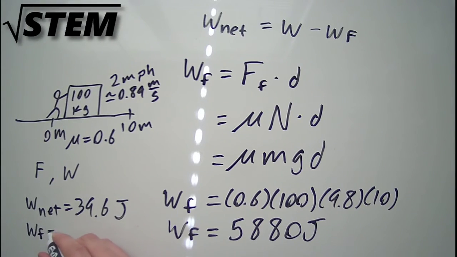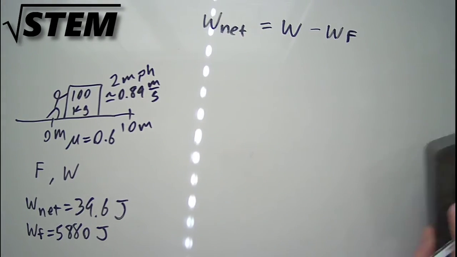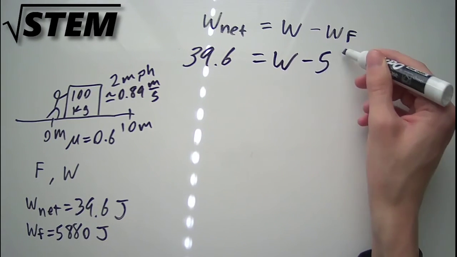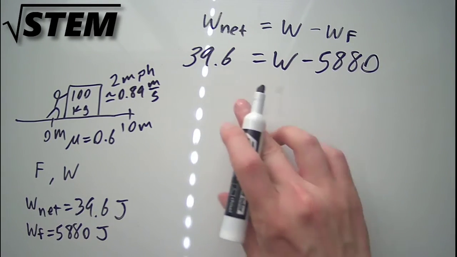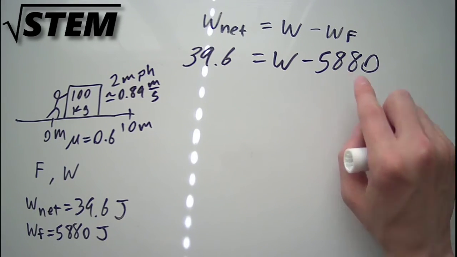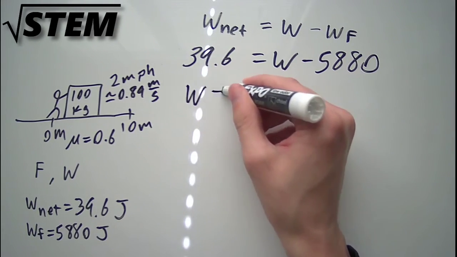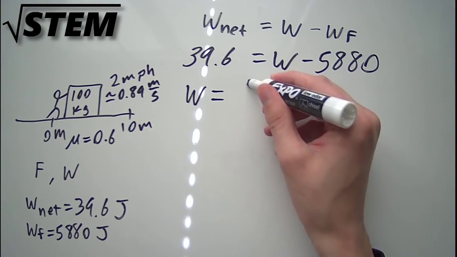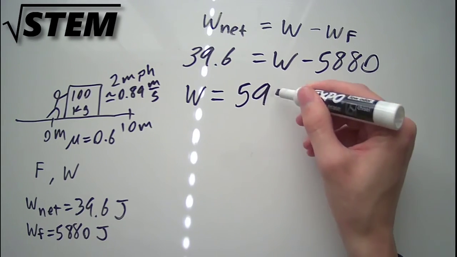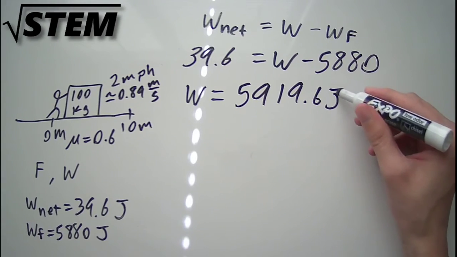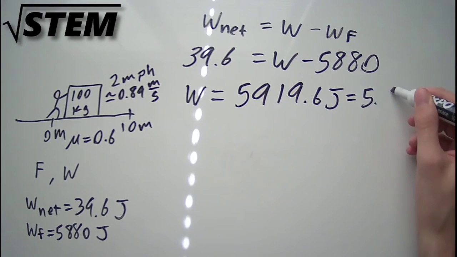So we already did the hard part. Now this is a one-step algebra problem. That's the great thing about problems with work and energy, is it usually comes down to some very simple algebra. So in this case, we'll just add 5,880 to both sides. To get that, the total work we need to put on this box to move it is 5,919.6 joules, or 5.92